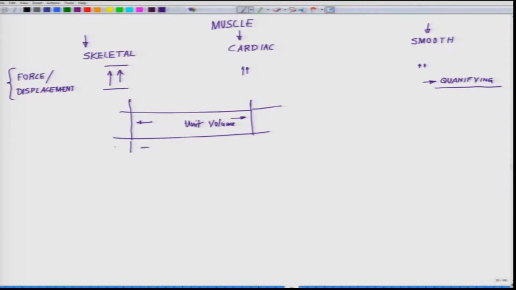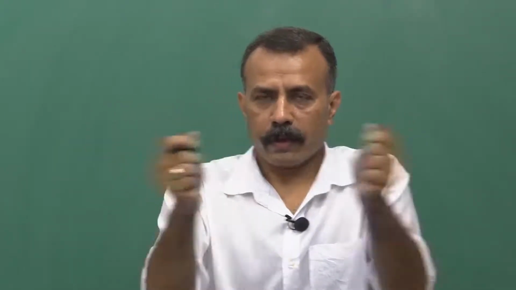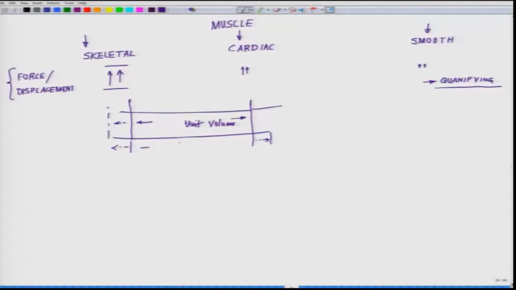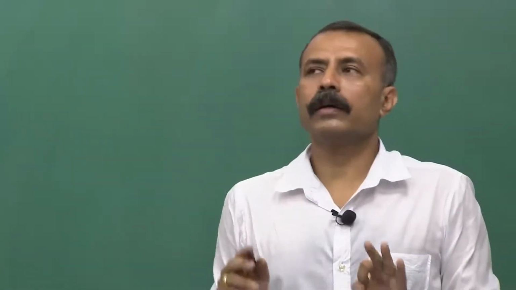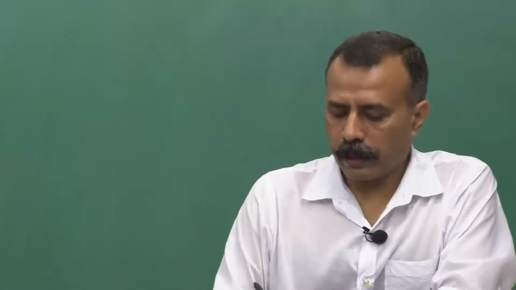You can see how much it is stretching. These dotted lines show that you are stretching the muscle like this, and you can calculate the amount of displacement and force, and of course, you can quantify it. But this does not tell you anything about the